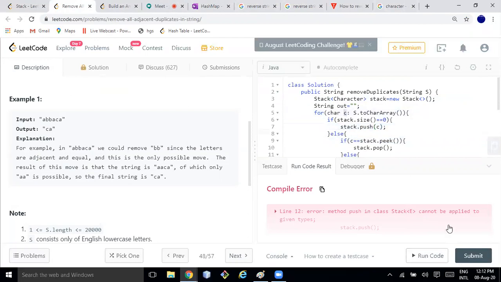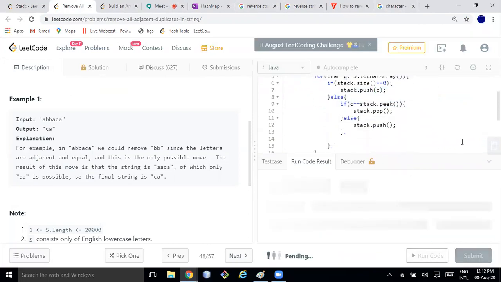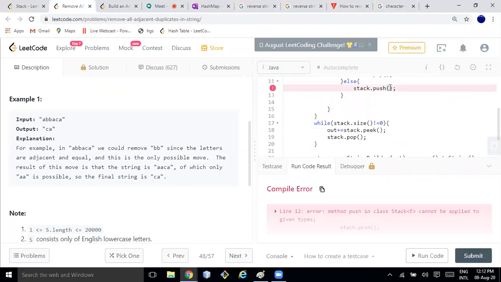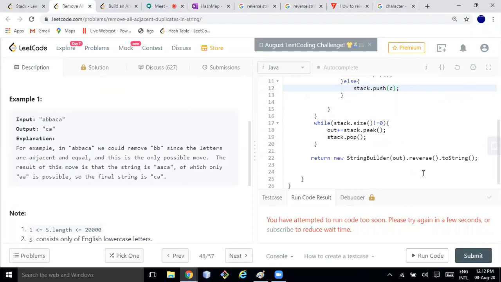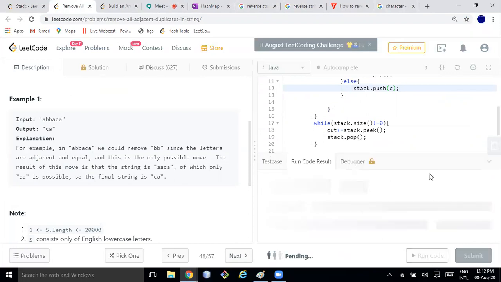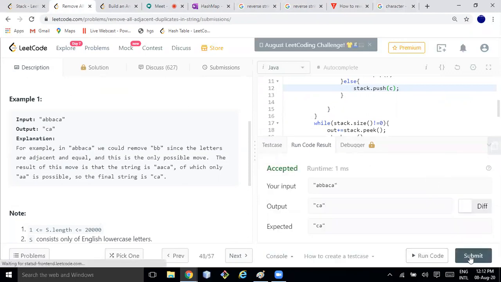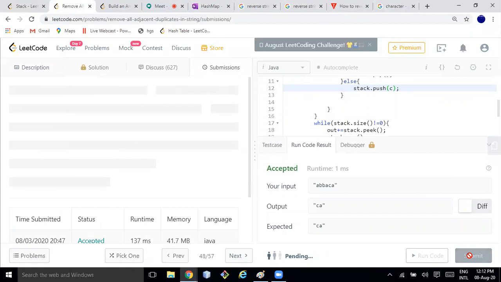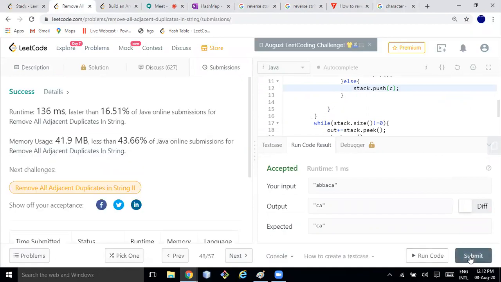C I am pushing. C is of char, it should work. Oh, here I am not pushing. Okay. That's great.